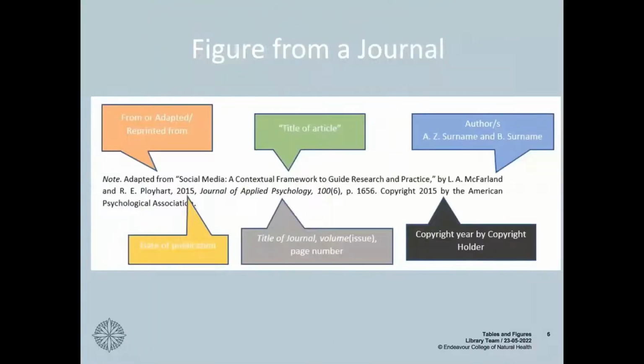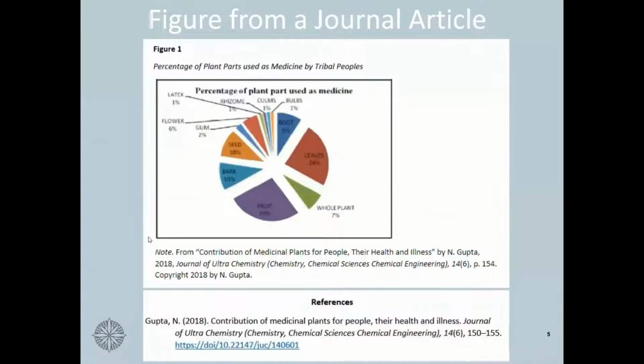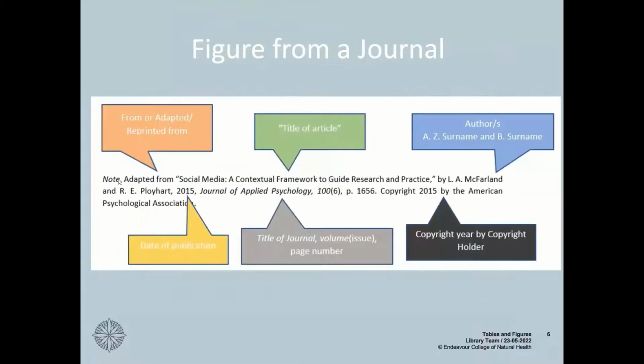This is another example of a figure from a journal article just broken down. We still have that note section. So depending on how you're using the figure or the table, you may have "adapted from", because this, like I said, is exactly the way it exists in the journal article, it's just "from". But if I had made any changes to this, then I would say it was "adapted from". So the information is still coming there. I've just manipulated it slightly differently.